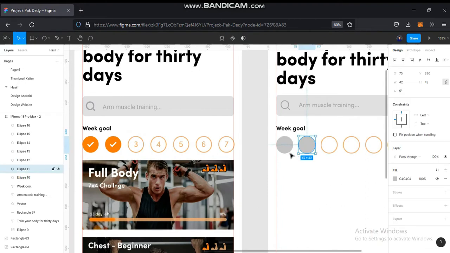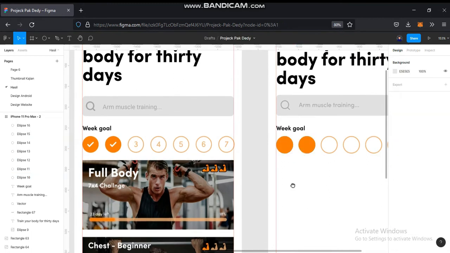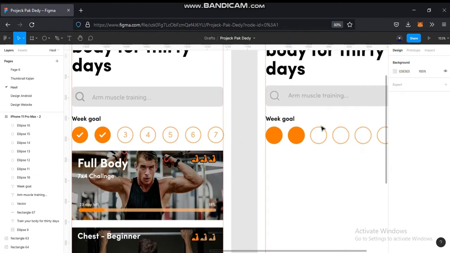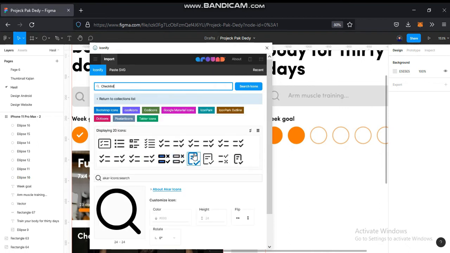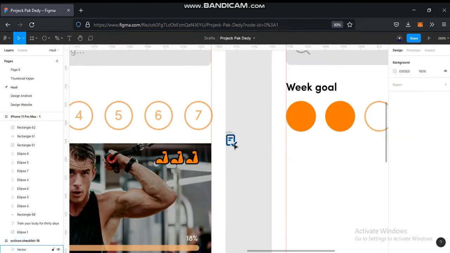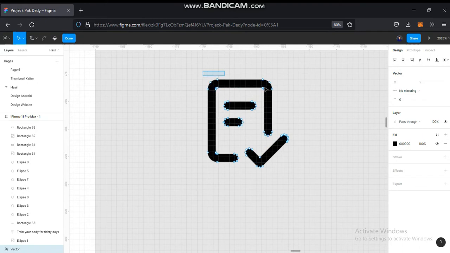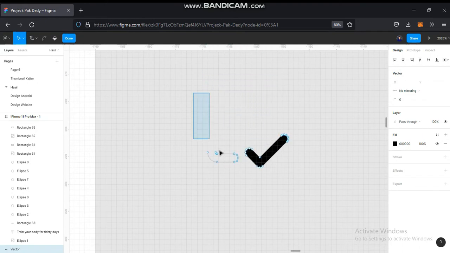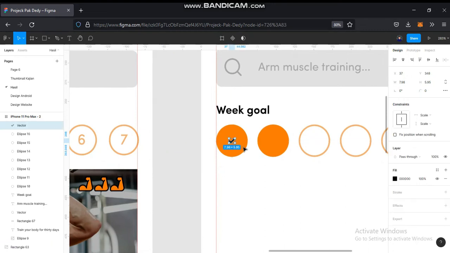After that we click this circle, and we copy the color, and we open the plugin Iconify again, we insert checklist, and we pick one, pick this, import icon. After that we double click the icon, and we delete the paper like this, just the checklist. After that we put the frame and we fit it in the middle of the circle,